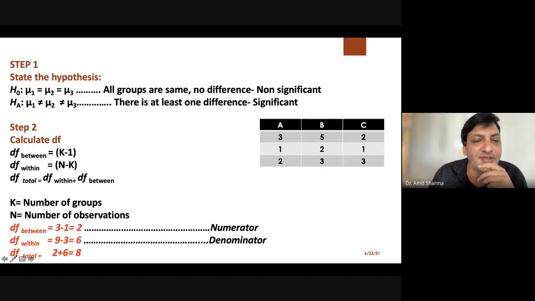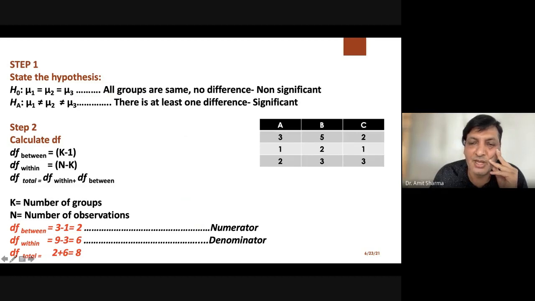Now you can see I have stated the hypothesis here. In the same way you have to write it in the examination. This is the numerical, where we have 3 different groups, A, B, and C. Under A, we have 3 readings: 3, 1, and 2. Under B, we have 3 readings: 5, 2, 3. And under C, we have the readings 2, 1, 3. Readings can be anything. For example, you have 3 different drugs to compare, or you are doing a titration, and you have to compare 3 different molecules. So 3 different sets of readings can be taken like this. Each group's readings you are going to enter in each column.